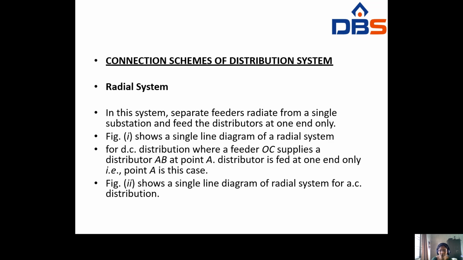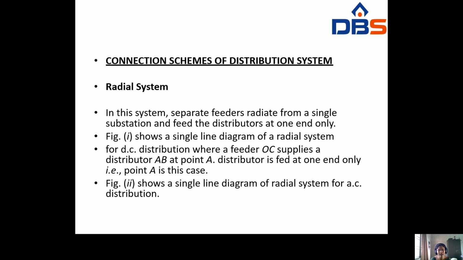Connection schemes of distribution system. In connection schemes of distribution system, the first one is the radial system. What is the first one? Radial system. In this system, separate feeders radiate from a single substation and feed the distributors at